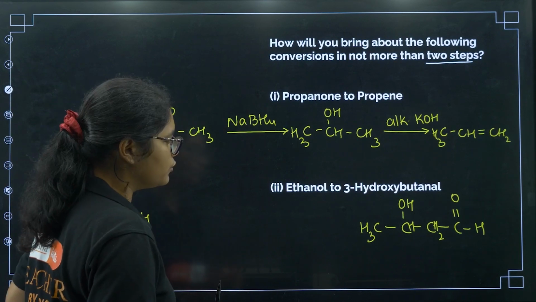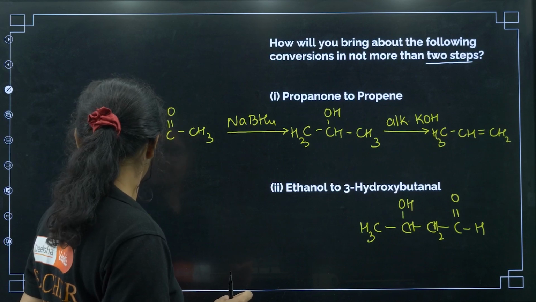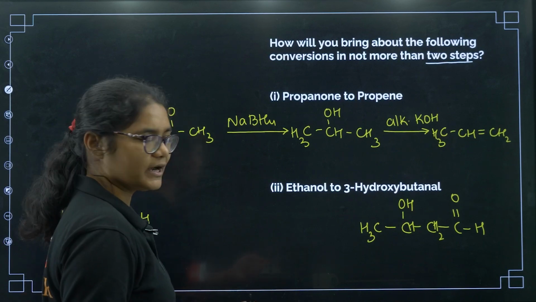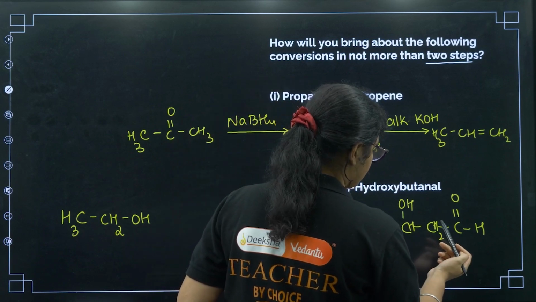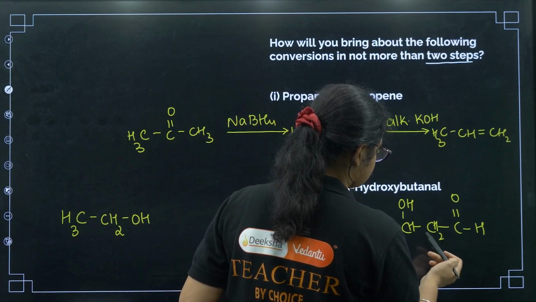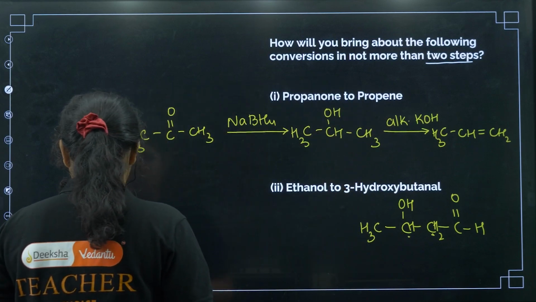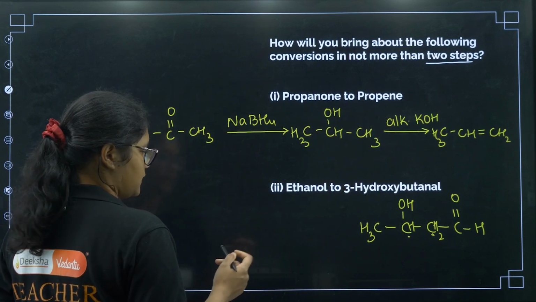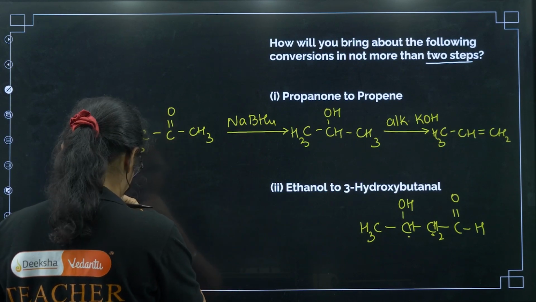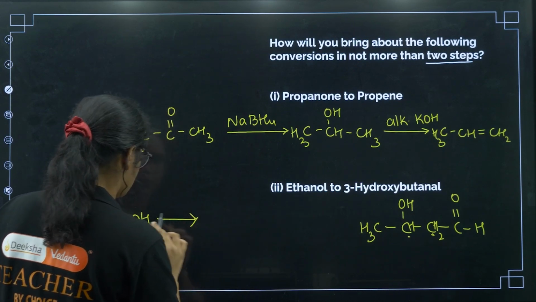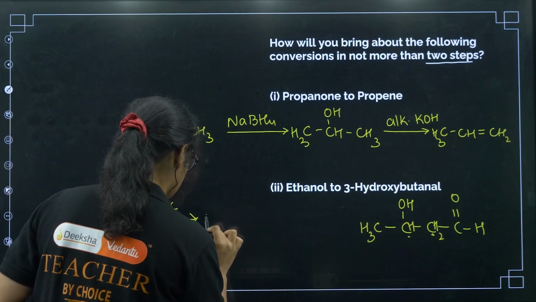So what can I do? Can we get this through aldol condensation? Is it possible? In aldol condensation we get alpha beta unsaturated compounds. Let me think, just a minute. I think this one should come from aldol condensation only. First let me convert it into an aldehyde. So if I use PCC, so what I'll get,